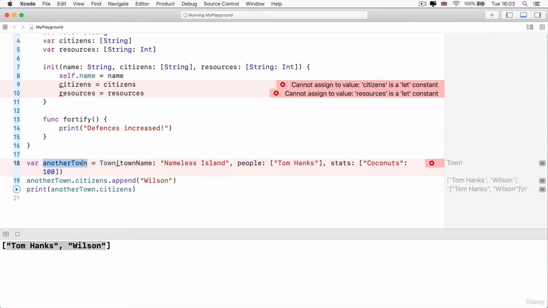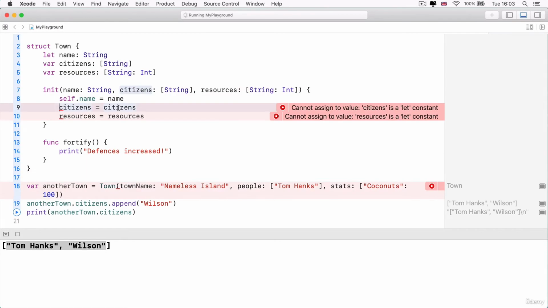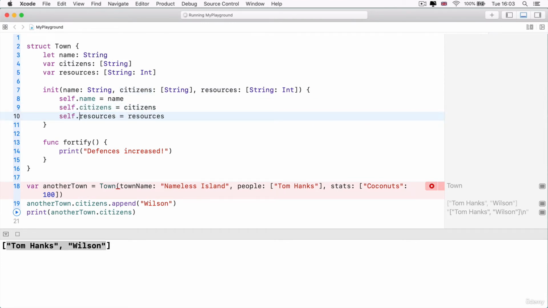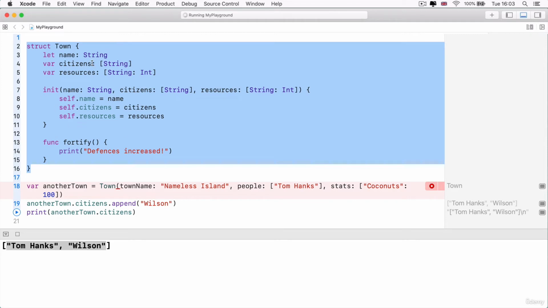So for example, another town. By adding that self keyword in front of all of these properties, I can now easily differentiate them by saying, well, self.name, of course, refers to my town's name property. Self.citizens, of course, refers to my town's citizens. And you can view this self keyword as referring to the structure.